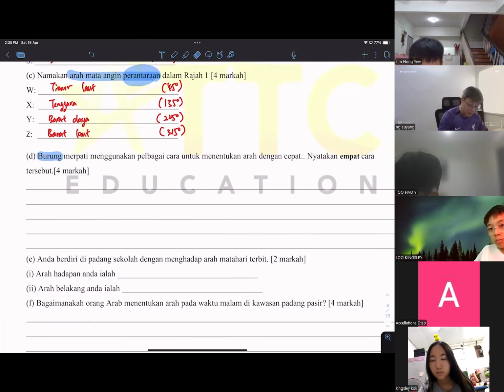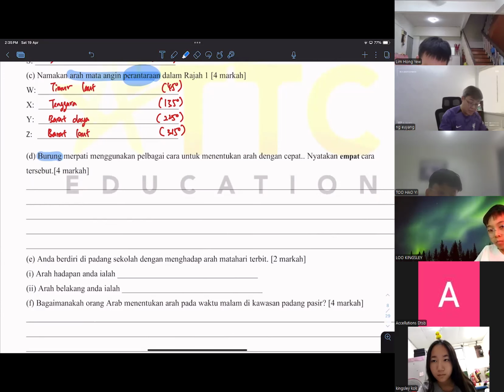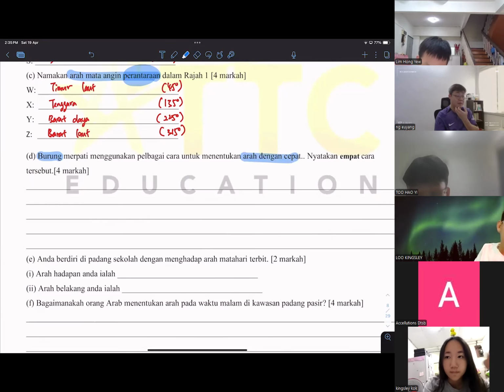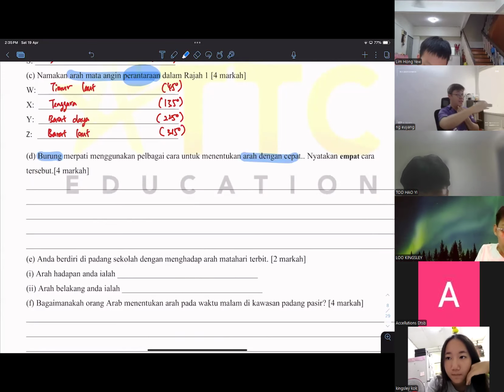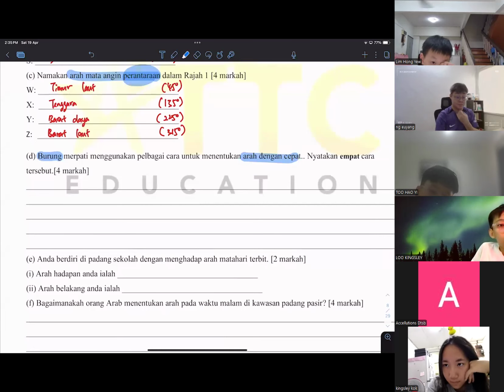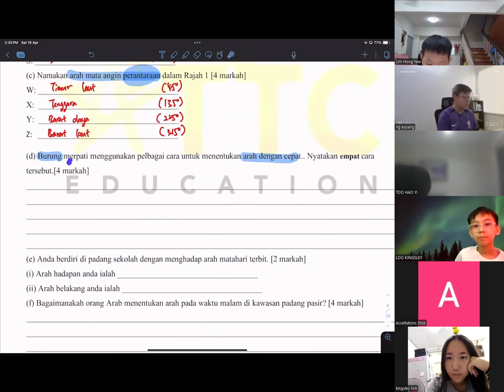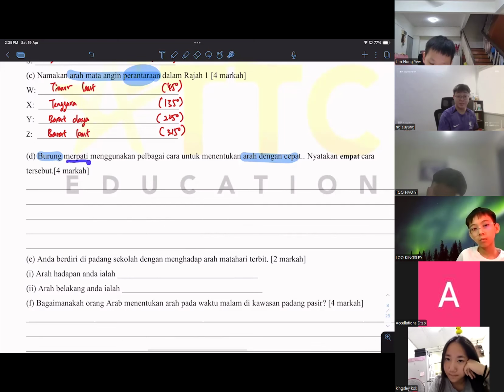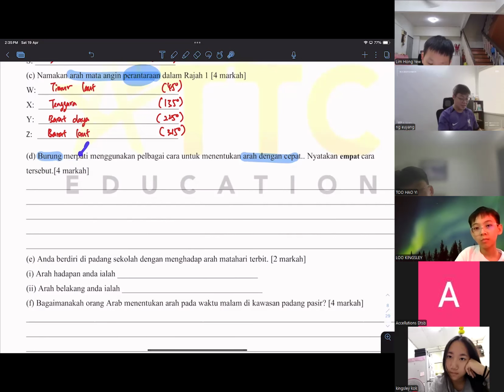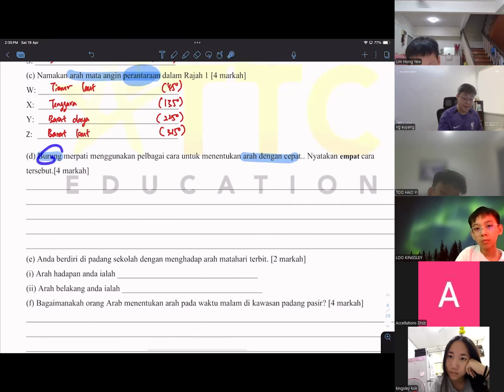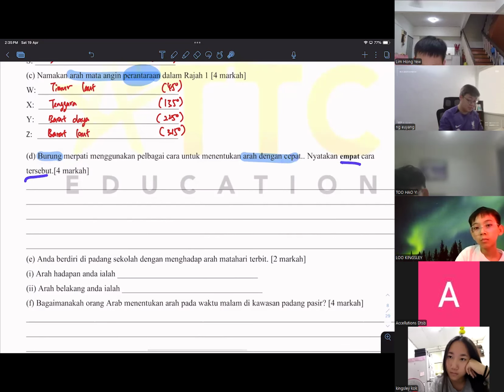So they can fly to the arah tempat. I just assume this burung merpati is a bird which can fly a long distance, let's say a crane. You guys know what a crane is, right? Not the tower crane. It's a pigeon? Is it, Matthew? Serious, burung merpati is a pigeon. Okay, I thought it was a crane. So guys, my bahasa is not that good. So merpati, I don't care, it's just a bird. It can fly to the correct directions within a short time, dengan cepat.